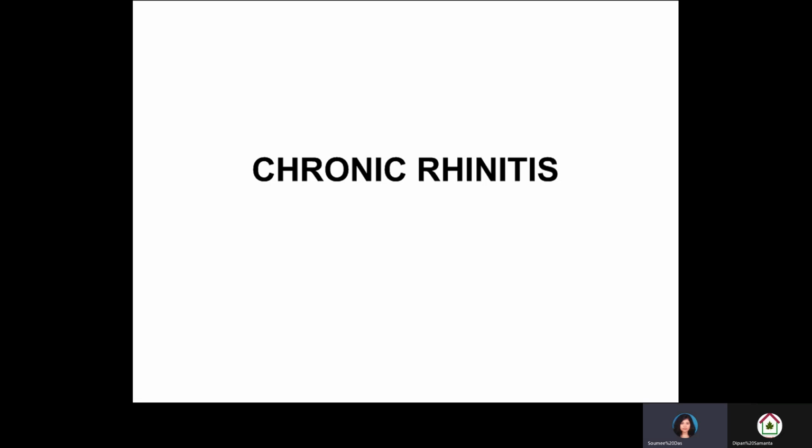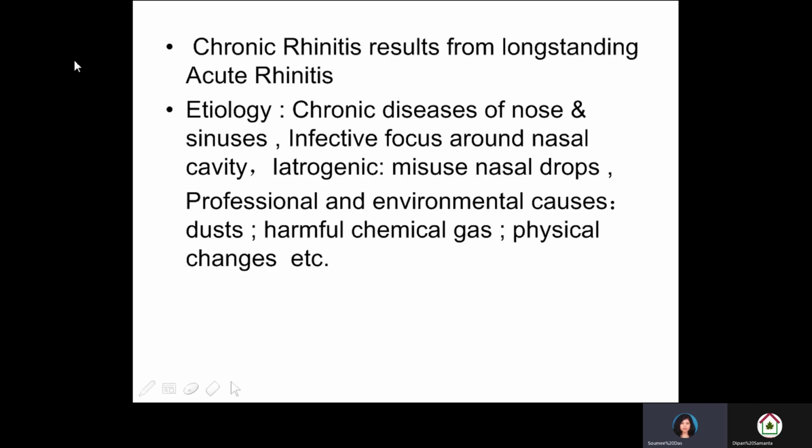Now the topic is chronic rhinitis. So this is a sequel of acute rhinitis which progresses to be a chronic one. Okay, we will see the details of this disease in the course of the slides. Chronic rhinitis results from long-standing acute rhinitis. If the infection or inflammation is not controlled properly, or if it is left untreated for a long time, then it becomes